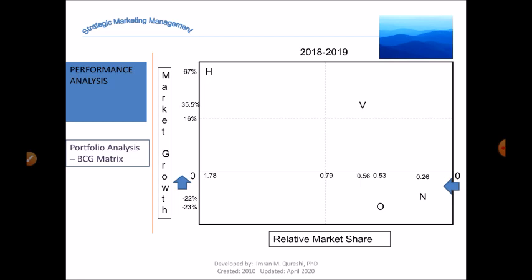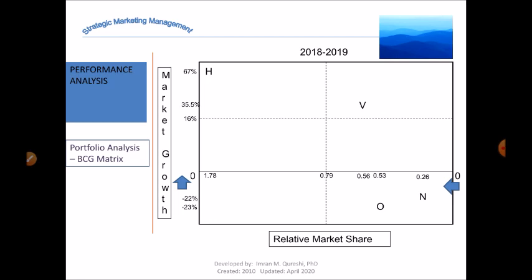But this is half of the thing. The next half is: why is this happening? Why is the overall market growth dropping? What is happening with the average relative market share? And for each individual company, why is the performance going like this? For example, why is Huawei getting an increase in growth from 50% to 67%? Why is Vivo dropping so much, when they were in the stars in 2017-18?